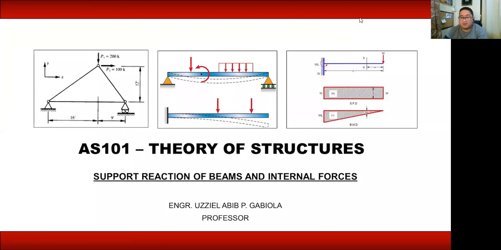Kasi pag halimbawa indeterminate siya, we cannot use lang yung equilibrium equations. We need another set of equations, yung gagamit na tayo ng relationship ng deflection and rotation, which is not covered yet at this part ng discussion